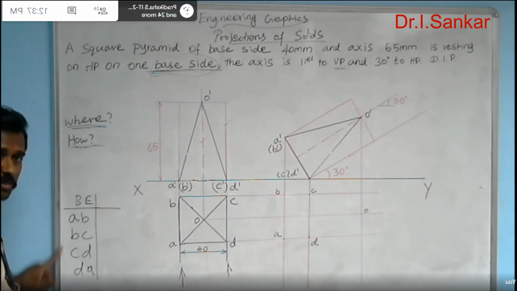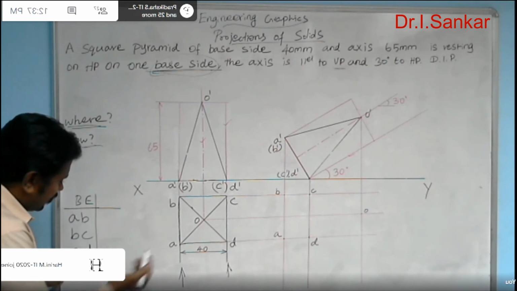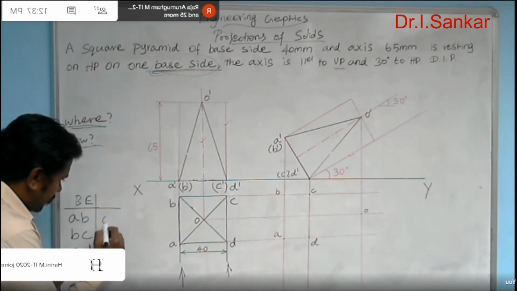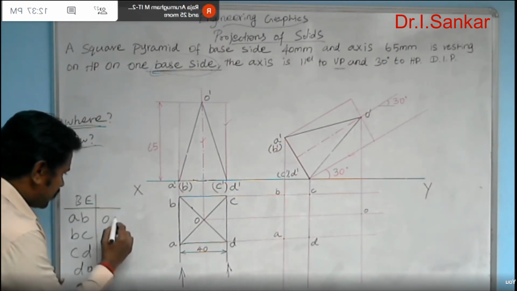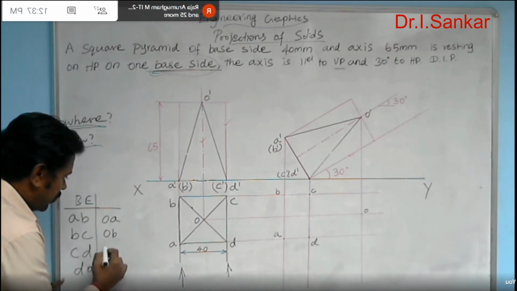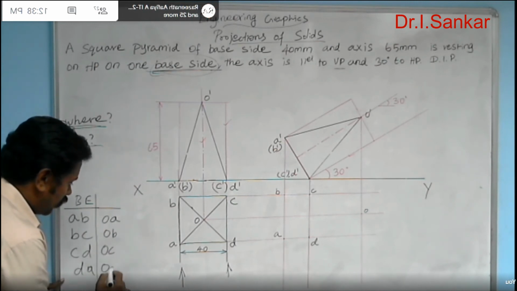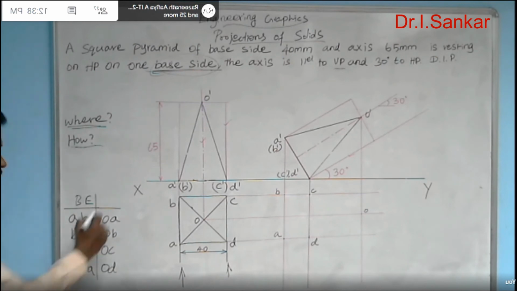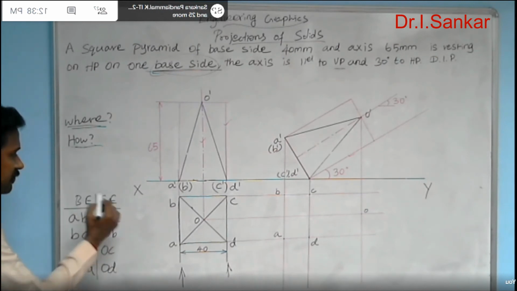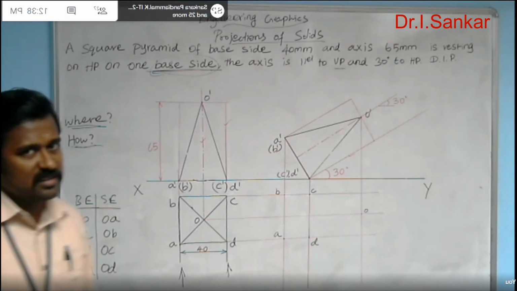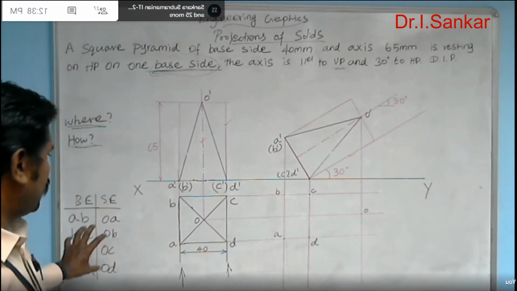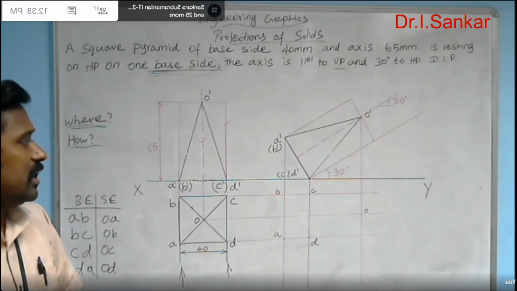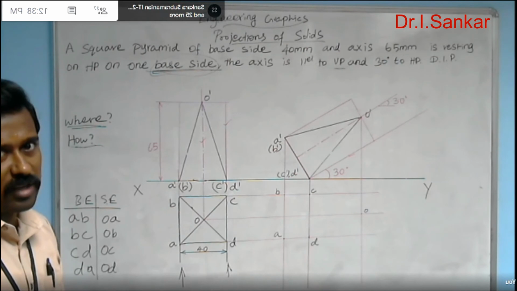These 4 are the base edges. And who are all the slant edges? OA, OB, OC and OD. These 4 are the slant edges. Slant edges are side edges. So you need to draw all these 8 edges in the final top view.